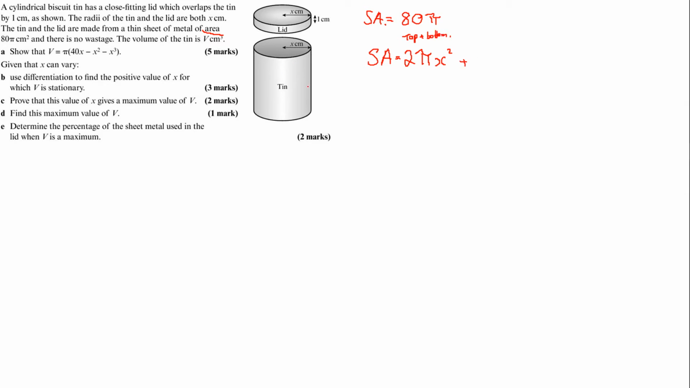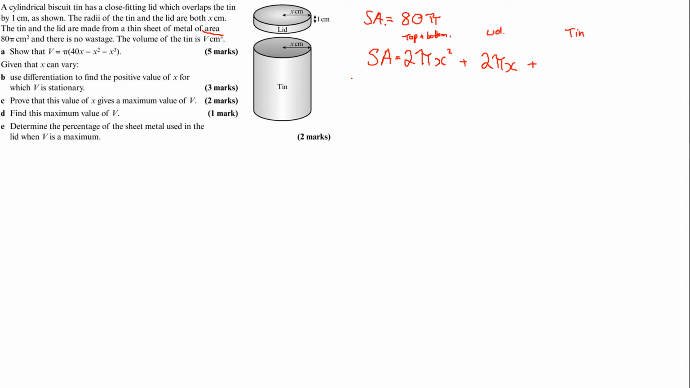Plus, okay, what else do we have? So we've got the top and the bottom. This is open. We've now got to deal with a curved surface of the tin and a curved surface of the lid. So the lid's not too bad. If you remember, the curved surface of a cylinder is just the circumference times the height. So it's just 2πr, so 2π times the radius, which is x in this case, times height, which is just 1. So I don't have to do anything there,